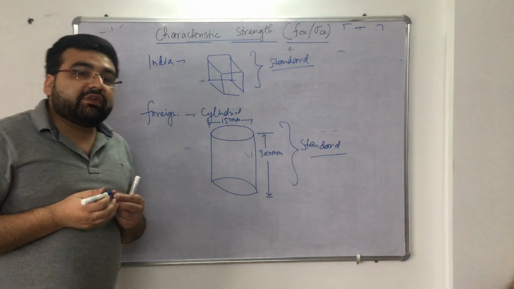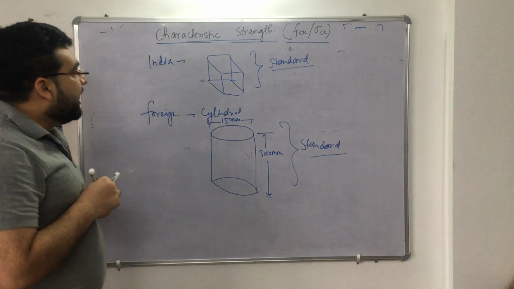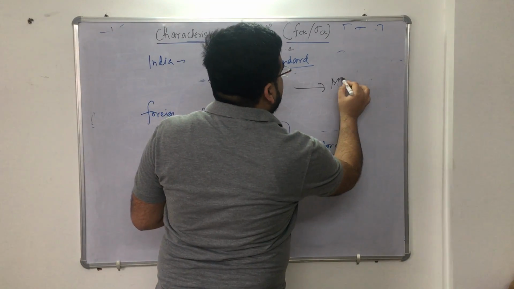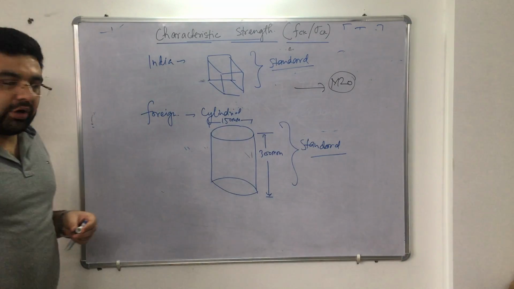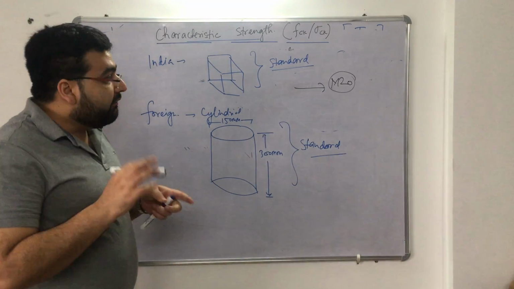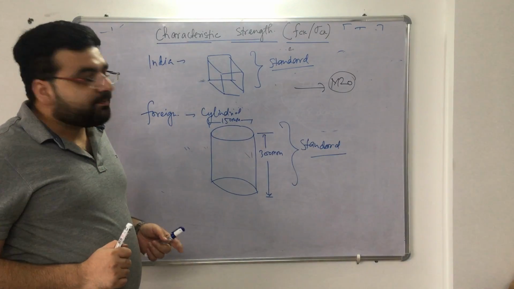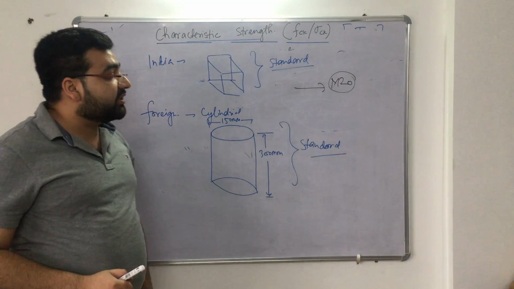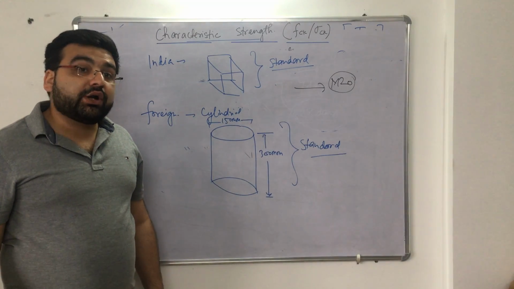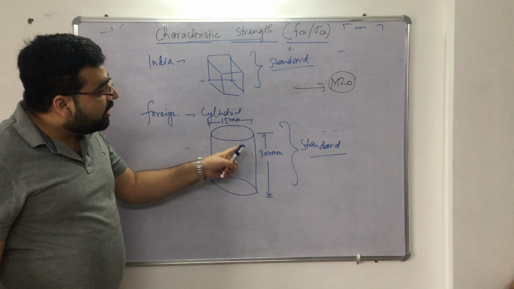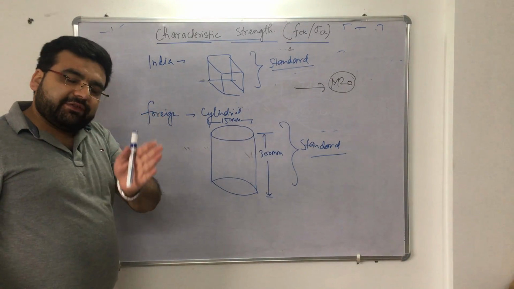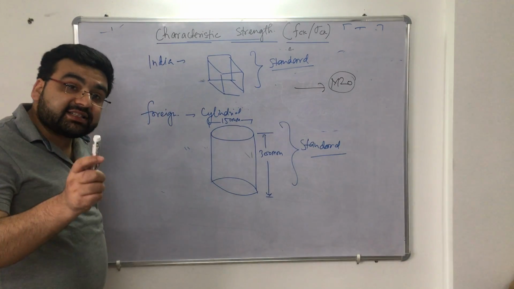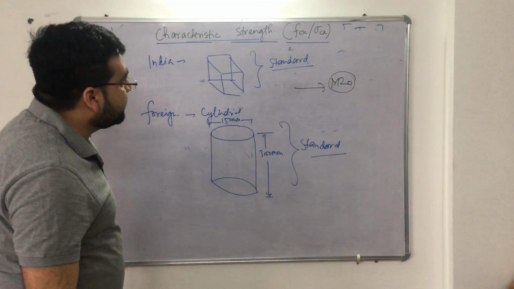Now I am going to ask you one question. Let us say I am testing M20 grade of concrete. What do you think? Which one will have a higher strength? Whether the cube will have a higher strength or the cylinder will have a higher strength? Just think about it. Cubic or cylindrical? If you know, well and good. If you don't know, just make a guess. Then I will explain. Guess with logic, not an illogical guess. What do you think?